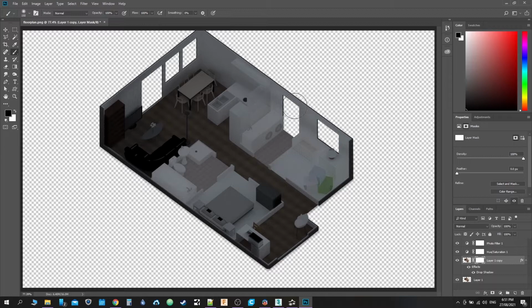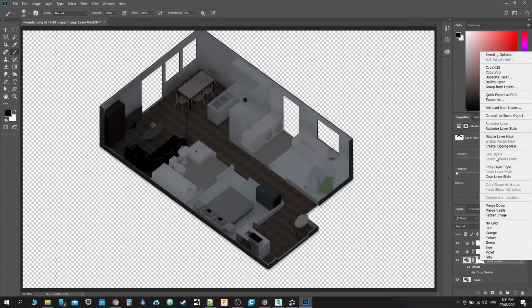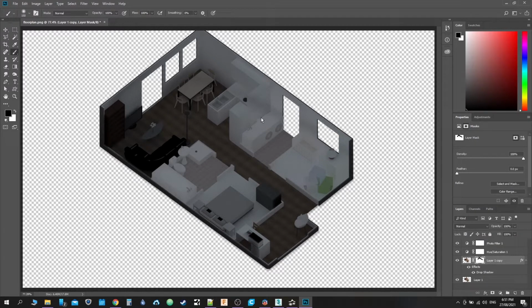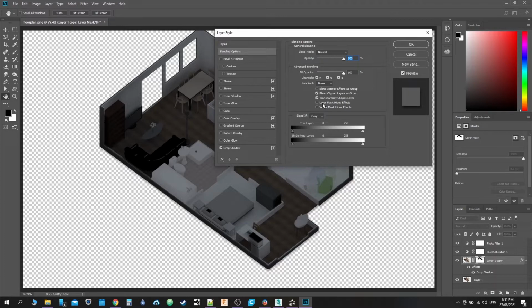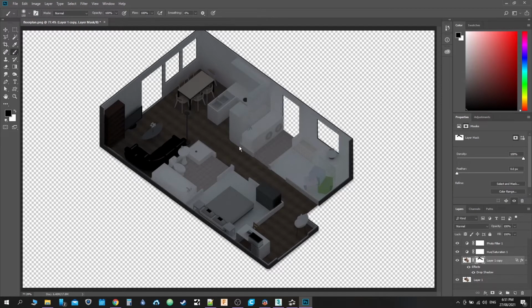The problem with this at the moment is because the mask is also affecting the effects layer. So you go back to blending options and from memory, you click on layer mask hides effect. If we turn that off, you don't get that shadow effect on it, on the areas that you didn't mask out. So continue just to paint over that area. Then once you're done,